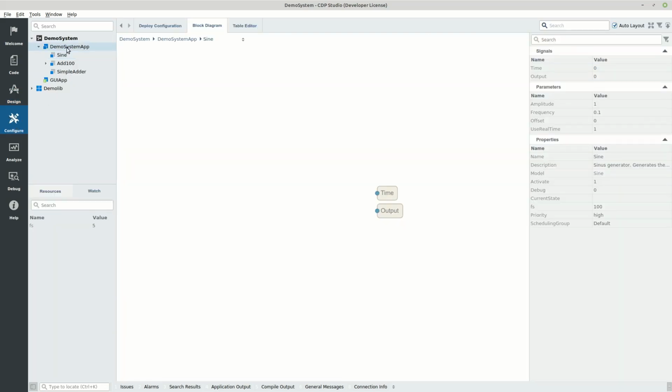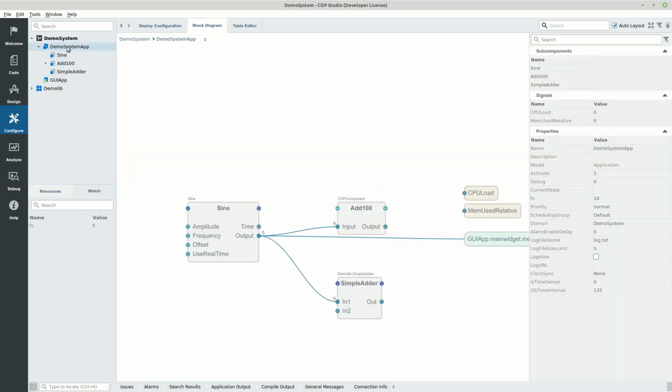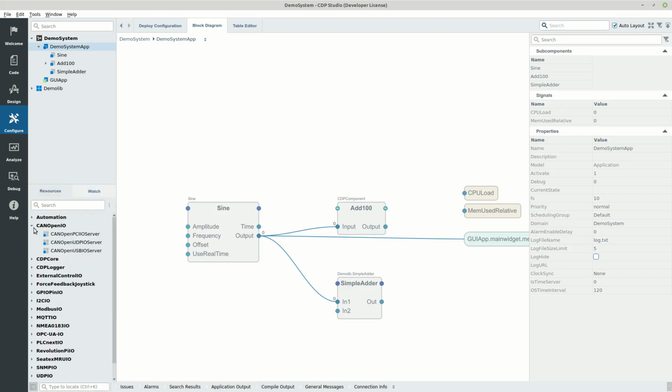This completes the user interface part, and I'm now going to show you how to control something in the physical world. This is usually done by talking to a device that can convert between data bits and physical signals such as voltage, current, pressure, and so on. The talk is typically handled by a protocol, and in CDP, this is handled by an I/O server. I/O servers are implemented in libraries in the same way as I showed earlier, except most I/O servers derive from